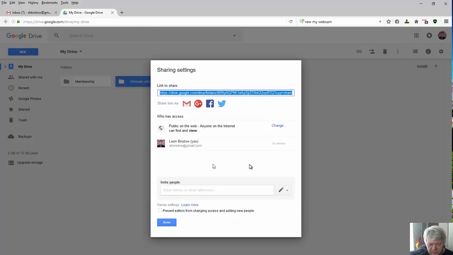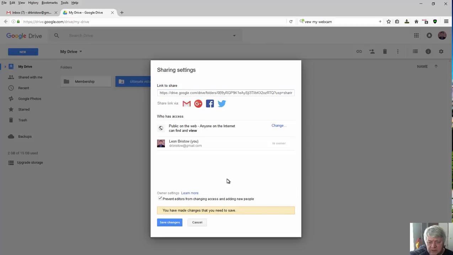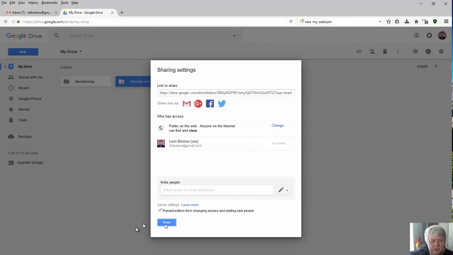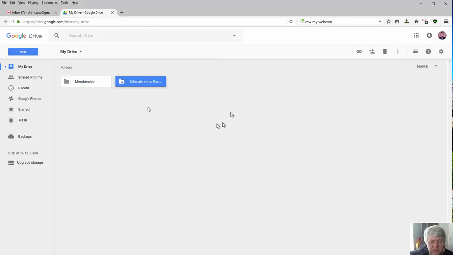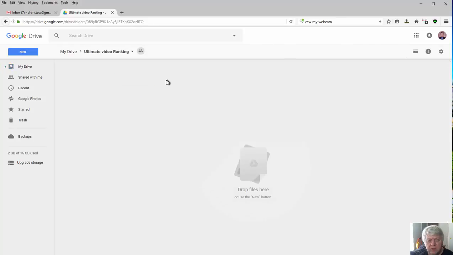Then you can do other stuff like prevent editors from changing access and adding new people. That's always a good thing to have in there, unless you want other people to mess with it, that you make editors, and then save your changes. Then you have your link up here if you want to get it for any particular purpose, and then just click done. Now let's get into the folder, and in this video what we're going to go over is Google